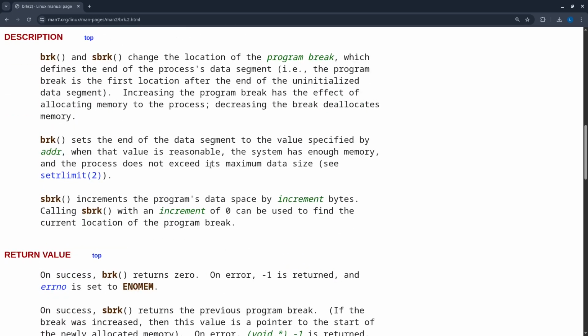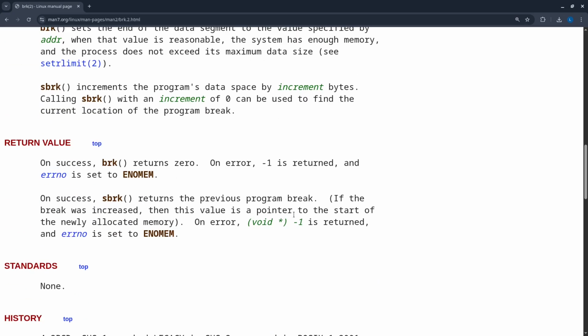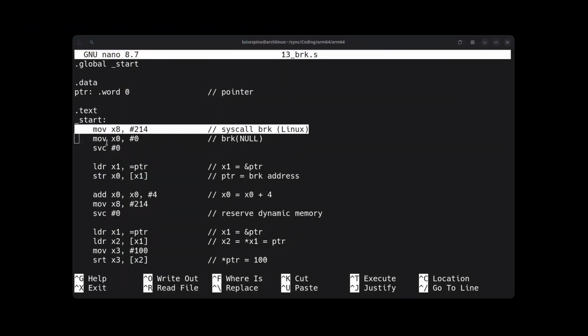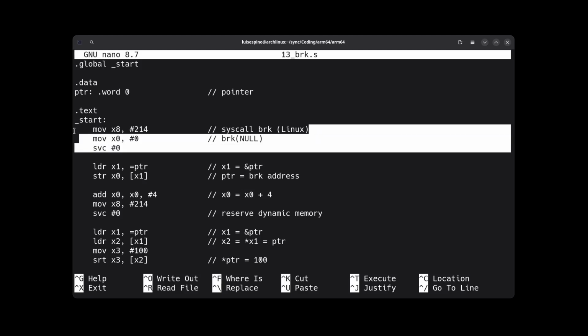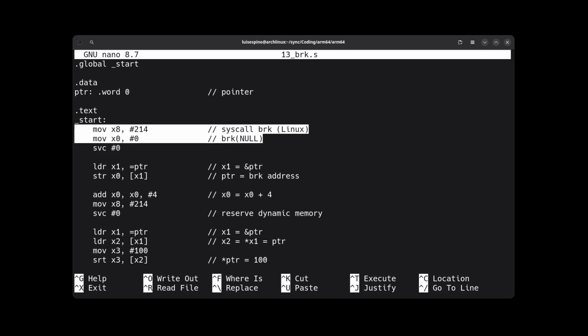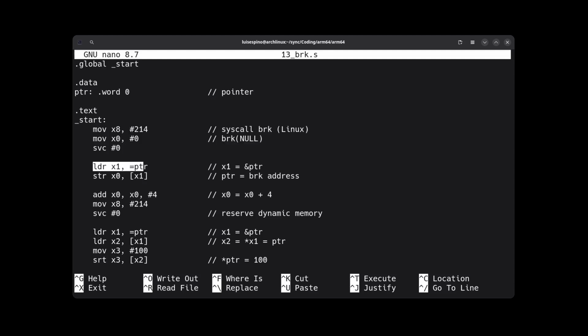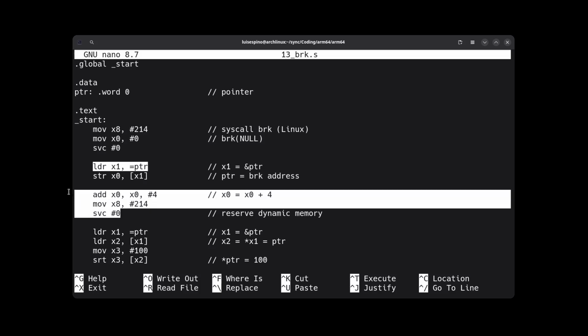There we find arguments and operating system operations. We return to the program and use x0 with the value of 0. This returns the last data address available. We load the pointer and store the address returned by the brk call. To that address we add 4 bytes and execute brk again, but now with the pointer to request that specific memory,